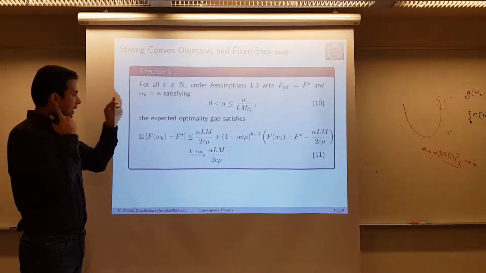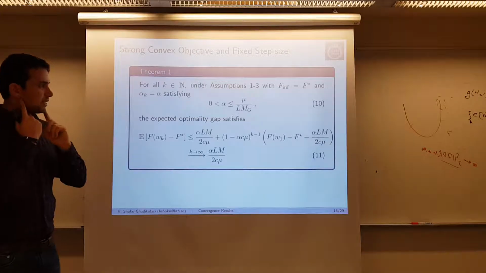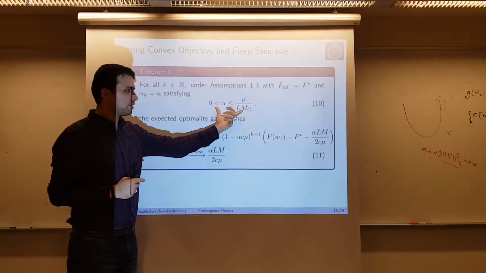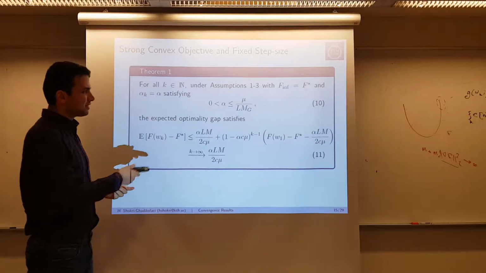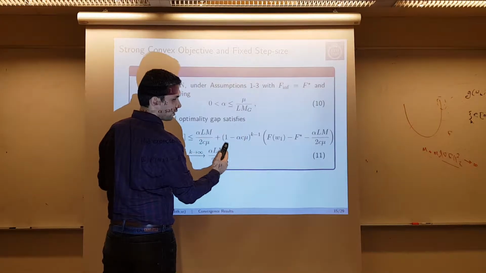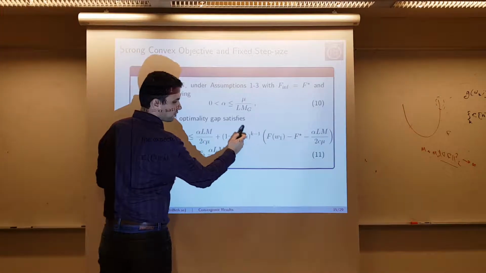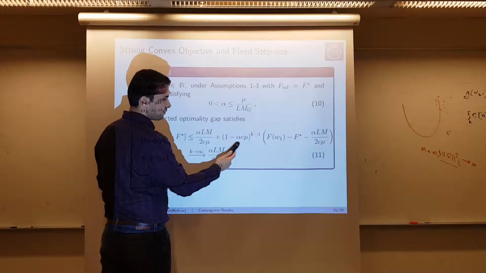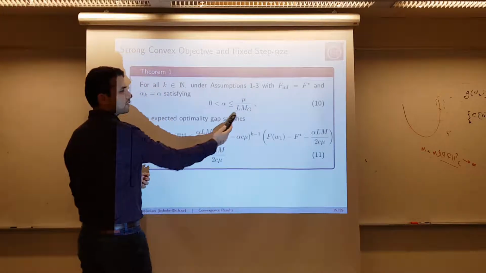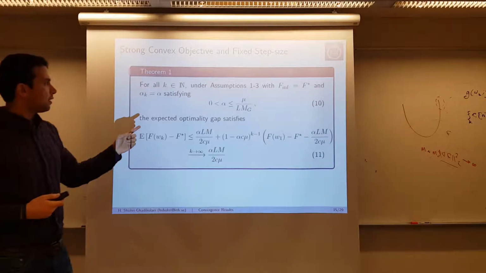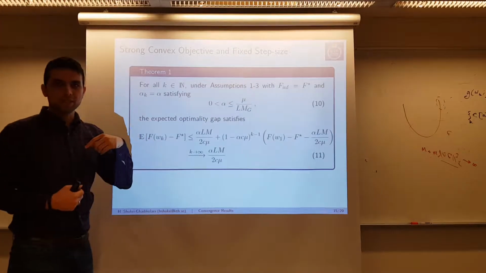This guy, and if we have alpha k equal to alpha satisfying this, later on we will see why we do need that. It's very simple because we need to have a contraction here, and in order to be able to have a contraction here, we need to have this guy here. But if we do satisfy this, okay,